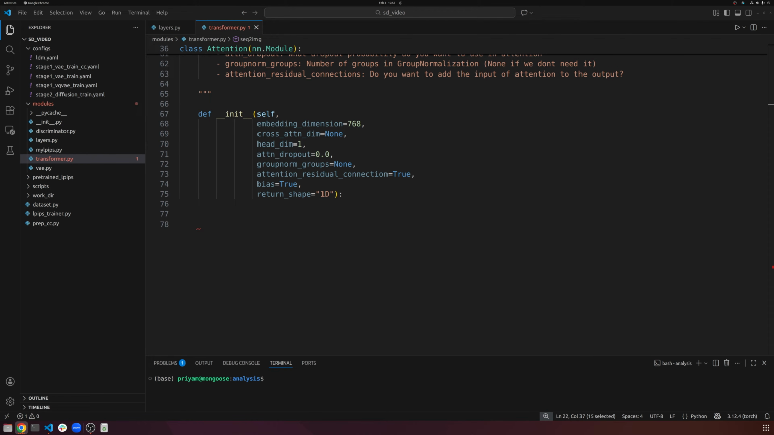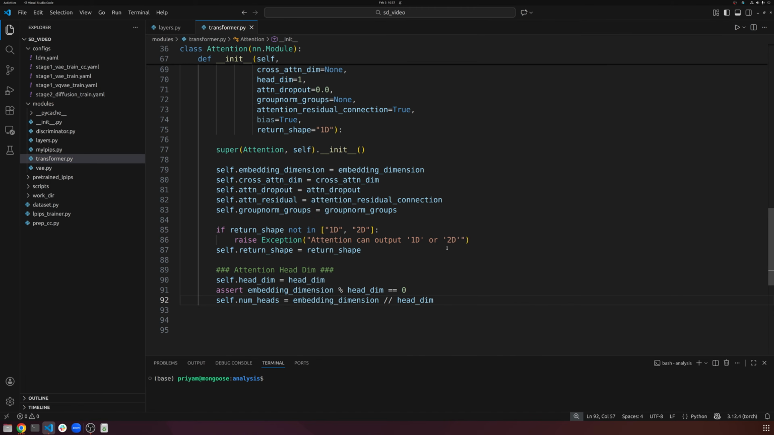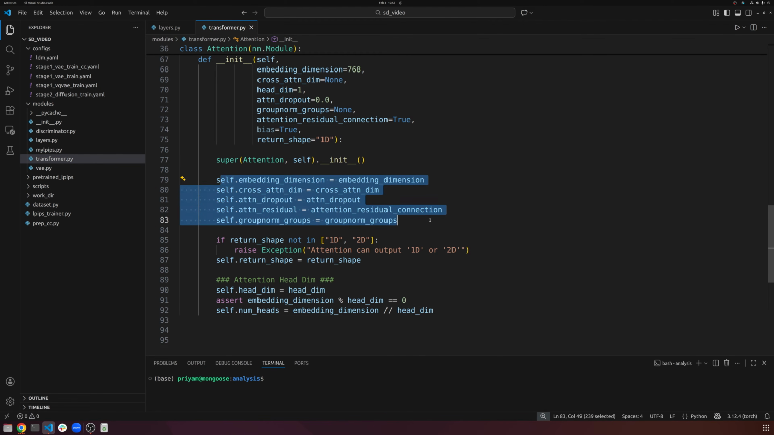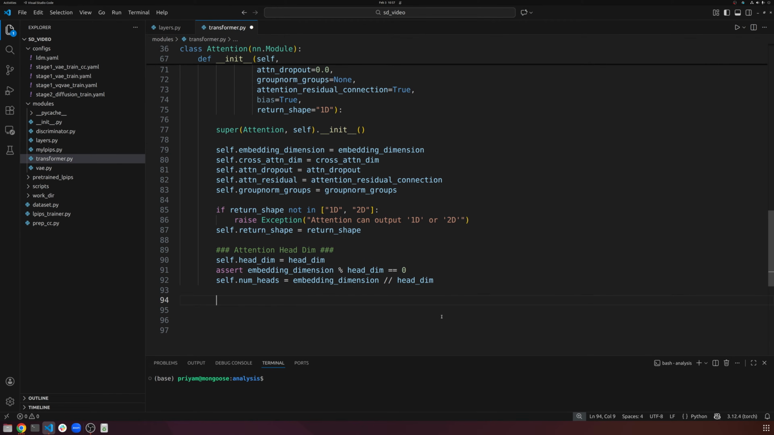I'm going to go ahead and just copy all of these little extra things in as well, just so I don't have to type it. So we're just storing everything. The return can either be 1D or 2D. We'll see how that plays in a bit. And then we have our attention head dimension, right? So how many heads of attention do we have? That sort of stuff. Okay,